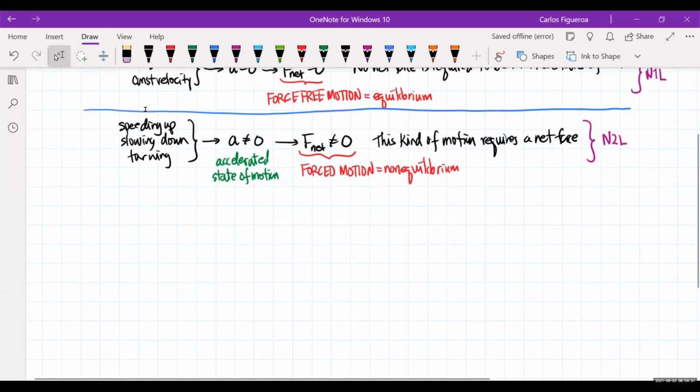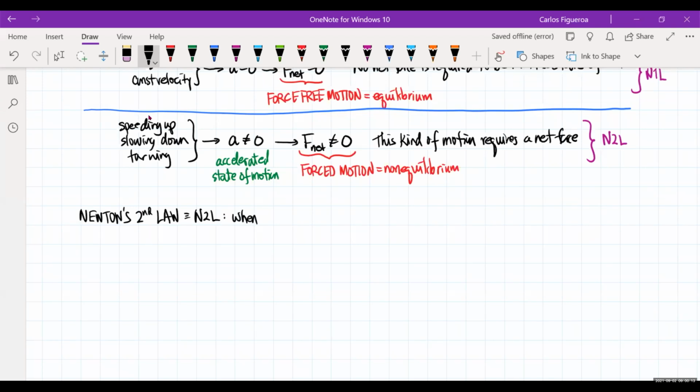So when you look at this, you're going to find that Newton's second law tells us what causes acceleration. Since acceleration is a vector, we have to talk about the magnitude of the acceleration, and we have to talk about the direction of the acceleration. So that brings me now to Newton's second law, N2L. So what does N2L tell me? It says this: